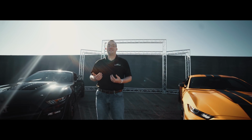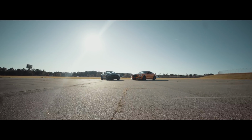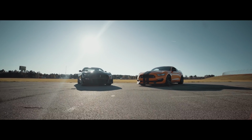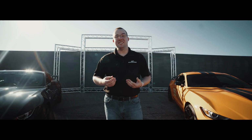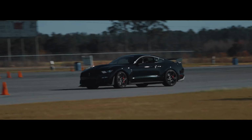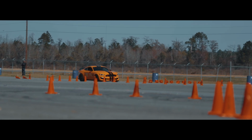We are at an SCCA Autocross event. We have a 2020 GT500 carbon fiber track package and a 2019 GT350R here at South Georgia Motorsports Park with the Dixie region SCCA. Now, with 760 horsepower in the GT500 and 526 in the 350R, it's obvious that 760